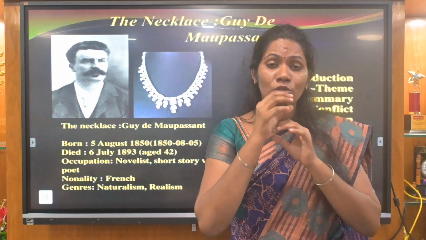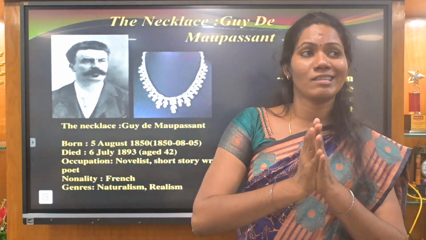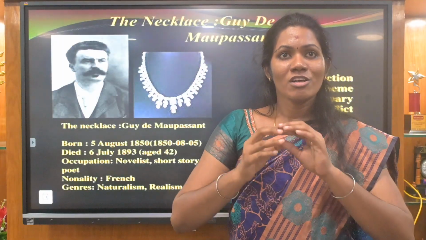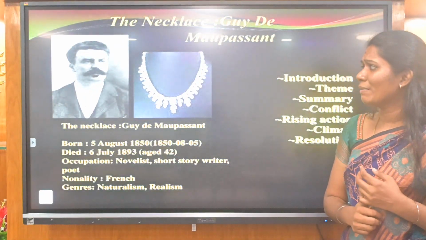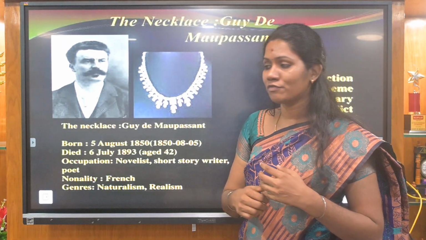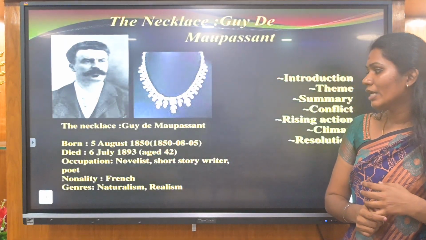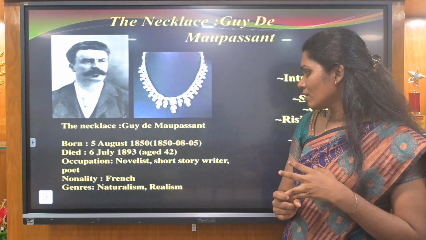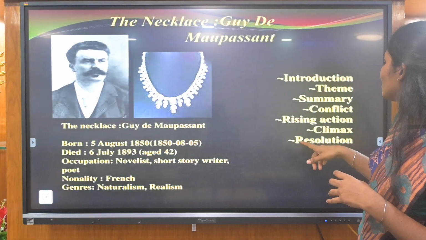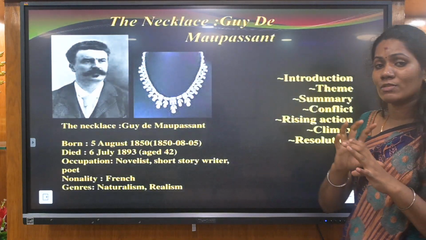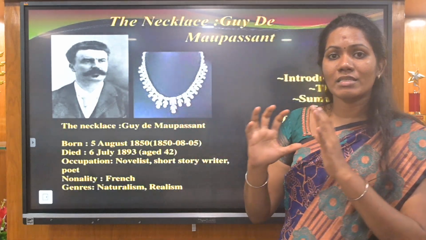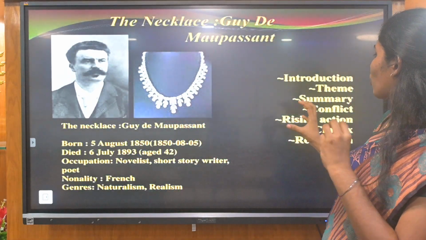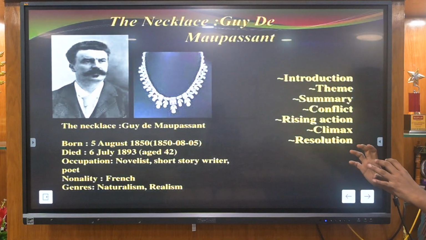Her friend was so happy, but the diamond necklace was not an original one; it was a duplicate. Her friend did not know, and thought it looked like a diamond necklace. In The Diamond Necklace, the author Guy de Maupassant was born on 5th August 1850. He was a novelist and short story writer. In this story, he explains the rising action, the climax and the resolution. The theme of the short story refers to a conflict, the rising action, and the climax after resolution.